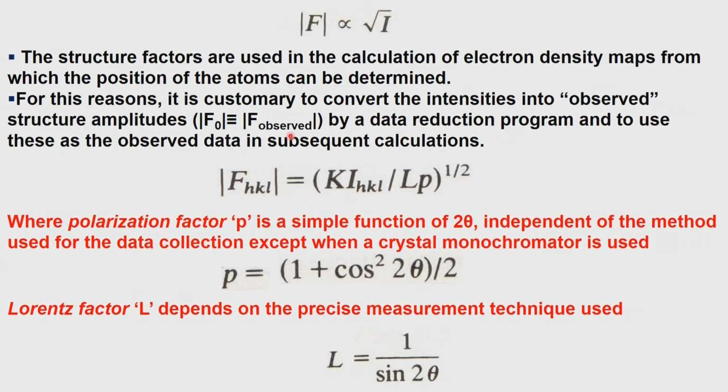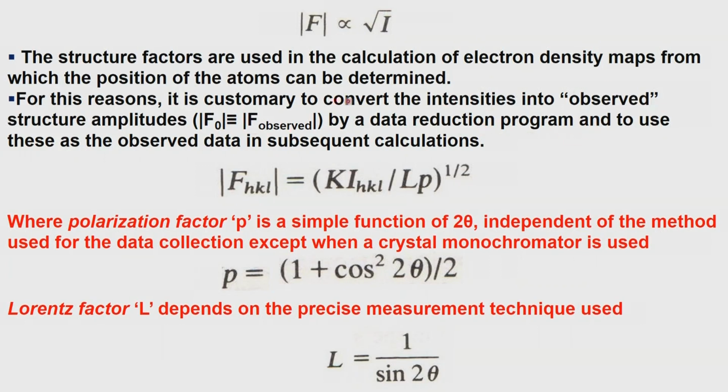Now, this is where I told you that we can collect the data on any part of the surface of the earth, on any instrument. Maybe we can even collect data in space, it does not matter. But what instrument you are using decides what intensities you will get, because it depends upon the input radiation, the scattered radiation, the efficiency of the detector and so on. So, once you have that data, you have only relative intensities. Therefore, you get a modulus of F, which we call the observed structure amplitude.